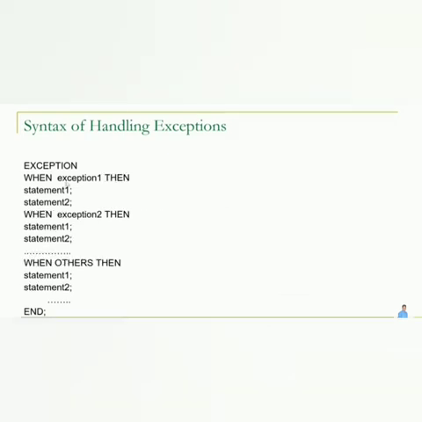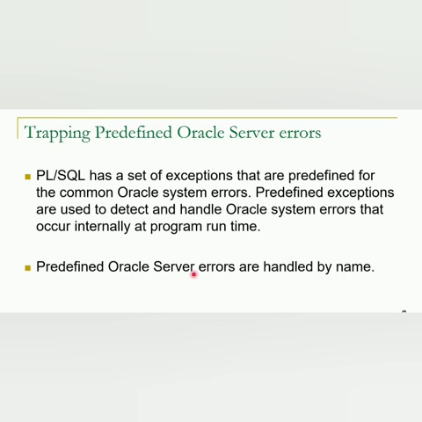We will see the syntax clearly. First exception, then under that the first when keyword, then near it the exception name, then the then keyword. Then we should write those statements that need to be handled. Then another when keyword, then another exception name, then the then keyword. Like this only we should write the exception block. These are the syntax. To get a clear understanding, we will see some more information.